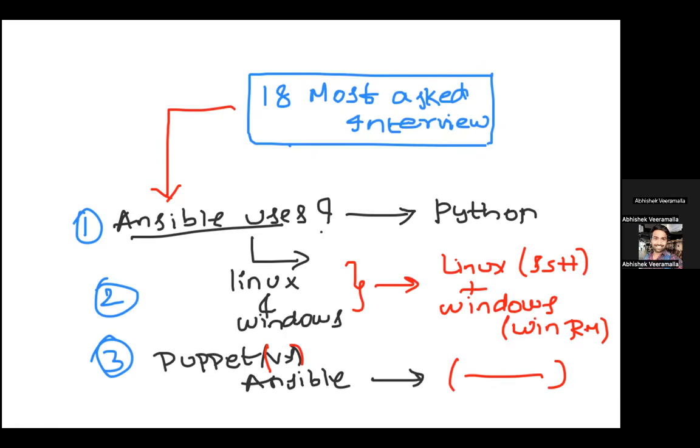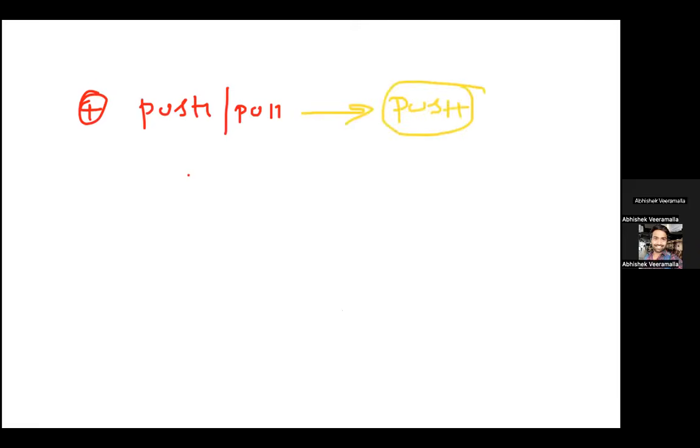The fourth question people usually ask is, is Ansible a push mechanism or a pull mechanism? That is again something that we already covered, right? So Ansible is a push mechanism. We already learned about it, right? Why is it a push mechanism, and how does the push mechanism help over the pull mechanism, and all of these things that we